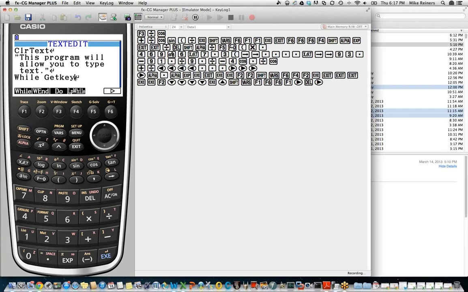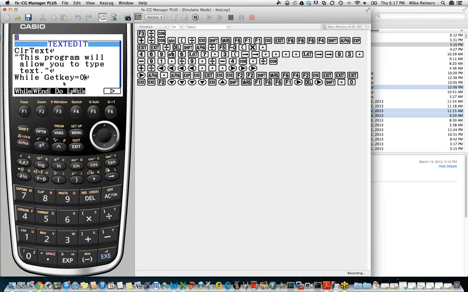So while GetKey is equal to 0. So I'm going to go to the end of my GetKey command, press Shift and then period to create an equal sign, and then type a 0. So while GetKey equals 0, remember that GetKey equals 0 means the user did not press a key.